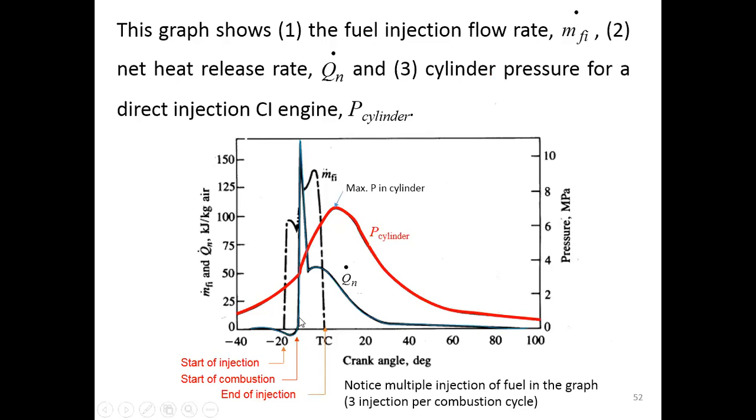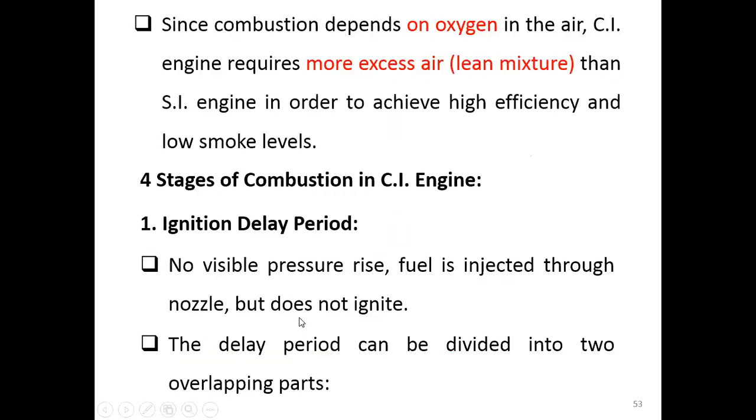You don't see a visible pressure rise, same as in the SI engine, but the fuel is injected through the nozzle. There is no ignition because we have no spark plugs, so during this delay period the combustion still does not happen because ignition has not happened,